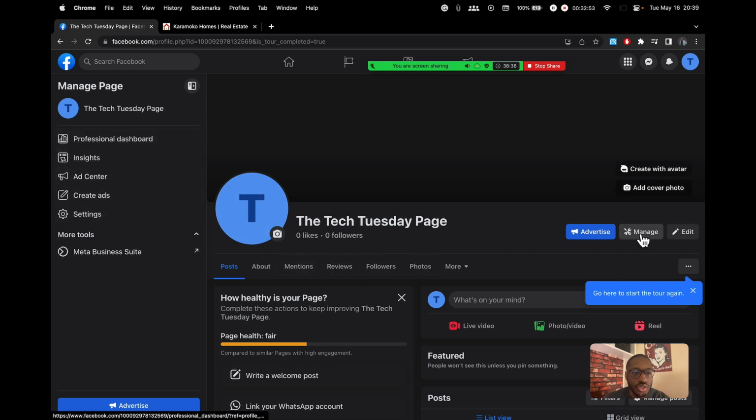You have access to some of those. So you can do a lot of the management straight from the left hand side here. You're going to get this menu on your business page. You can see your professional dashboard, the insights. If you want to run ads, this is a bit more advanced, you can do that here through the ad center or create ad. And you also have a settings button here to manage your page. A very important tool is also the Meta Business Suite. Through here, you'll be able to connect your Instagram account and schedule posts, and have a more advanced interface to manage the platform. So yeah, right now we're in the page.